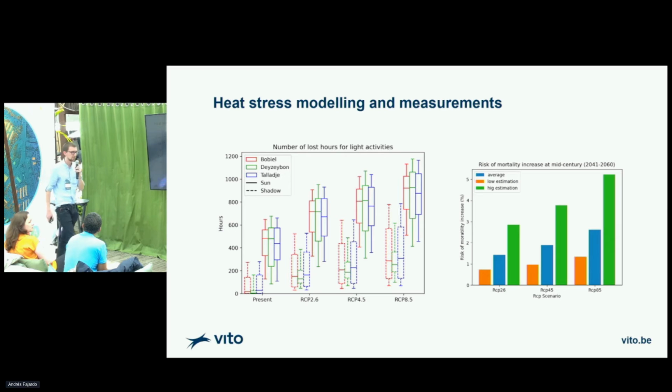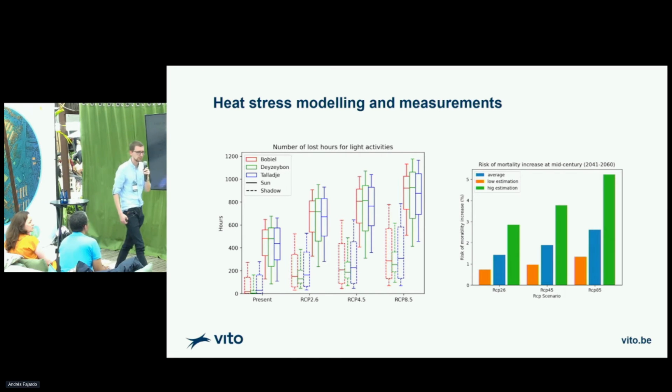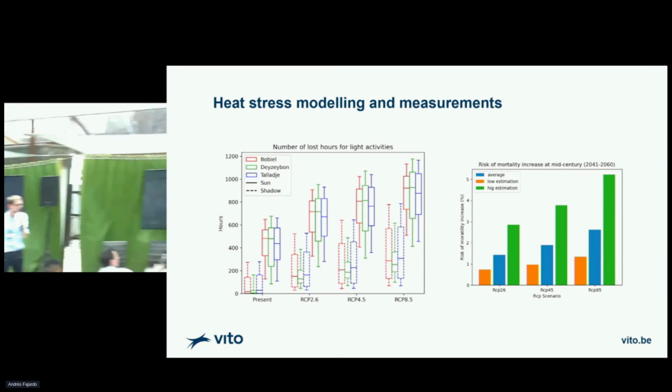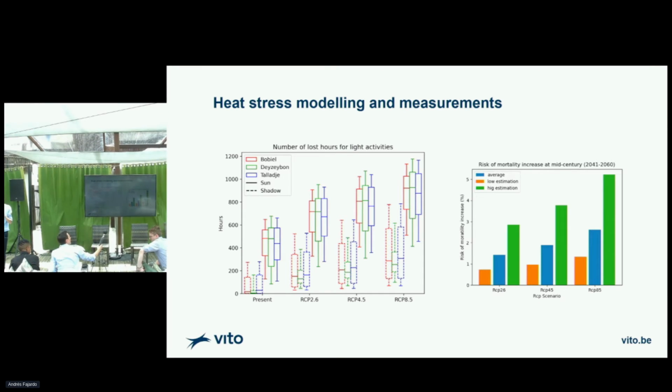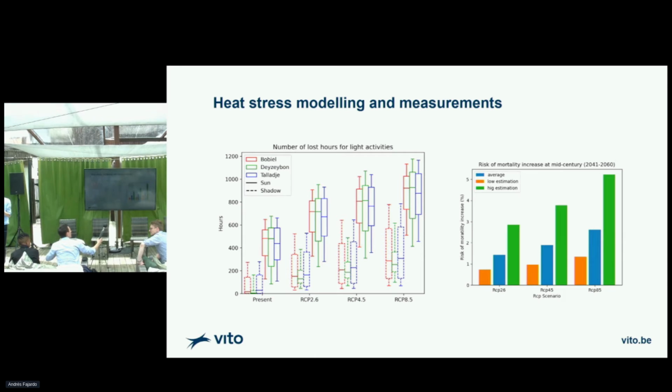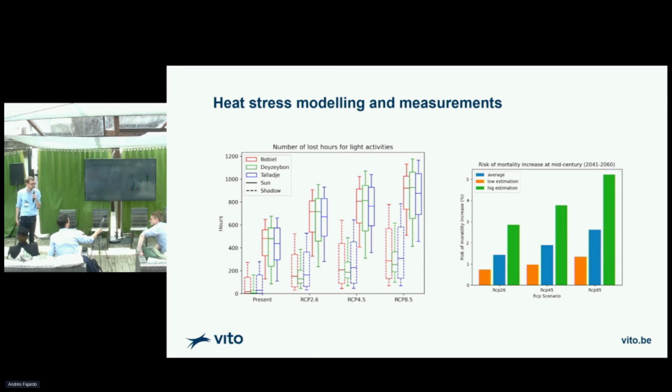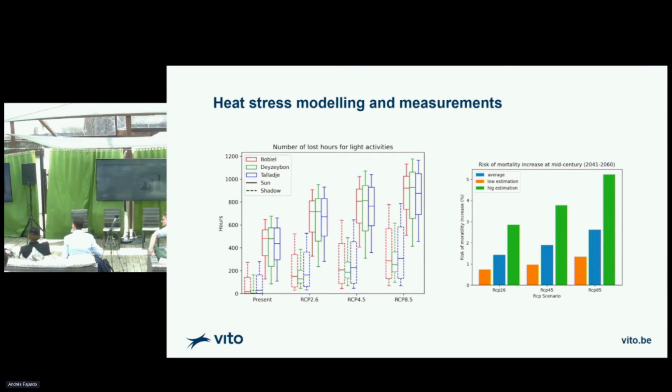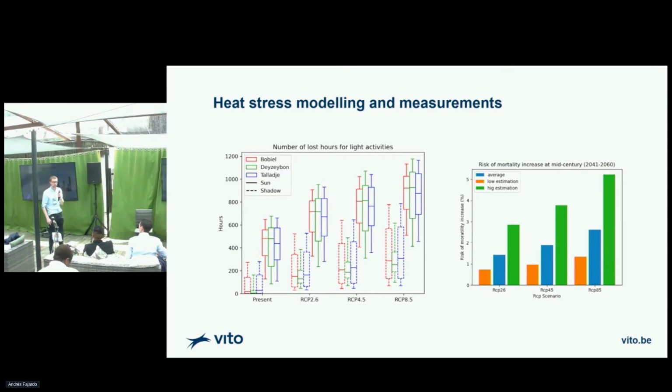Now I want to see if the experiment here has worked. So maybe Philippe, what did we measure in the shade? Let's see. Yeah, okay, so the heat stress measured in the shade is at 27. The 27 corresponds to low heat stress, not a lot, still fine, you're in the shade there.